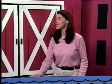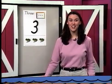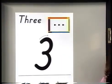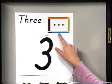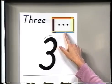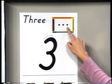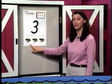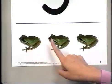Now, take a look at this chart that I have here on my board. All right, here is our special number for today. This is the number 3. I want you to take a look at the dot pattern up here at the top. How many dots do you see in the rectangle here? Let's count how many we have here. There are 1, 2, 3. There's 3 dots here. Let's take a look down here at the frogs and count how many frogs we have on our chart. Ready? 1, 2,